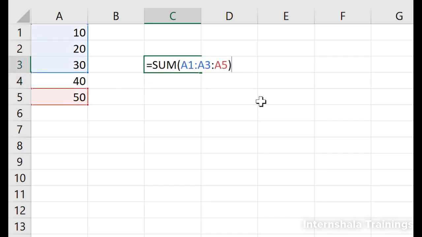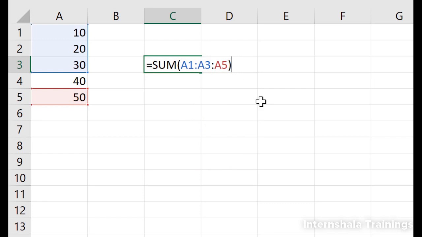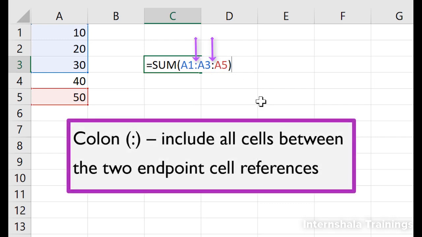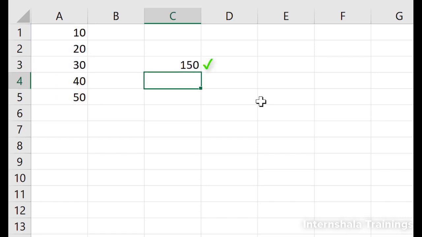Now, if we had entered our function as this instead, would it mean the same thing? Remember, a colon between two cell references tells Excel to include all cells in between. Therefore, this function would add up all the cells from A1 to A3 and A3 to A5, which means that cells A2 and A4 would also be included. That is why, if we check, we should get the same result of 150 that we got with our first